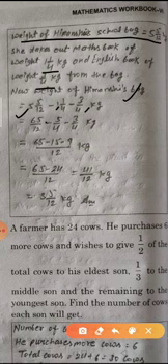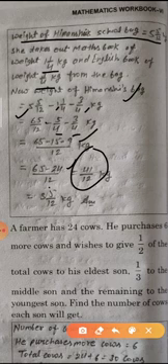We convert the mixed fractions into improper fractions: 65/12, 5/4 and 3/4. So we take the LCM of 12 and 4, which is 12. We make both denominators 12, so we multiply by 3 in the numerator and denominator of both fractions. So 65 minus 15 minus 9. First we add both negative values, minus 15 and minus 9, which is minus 24. So 65 minus 24 is 41/12. Now we convert the improper fraction into a mixed fraction. So 3 whole 5/12 kg is the bag weight.